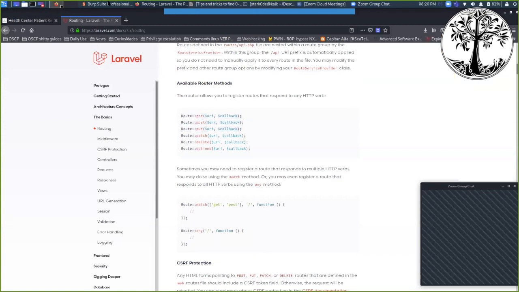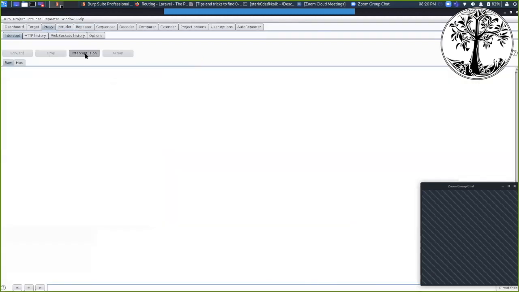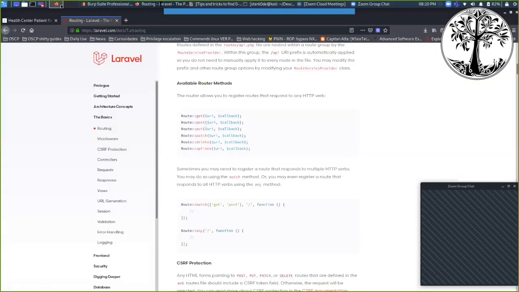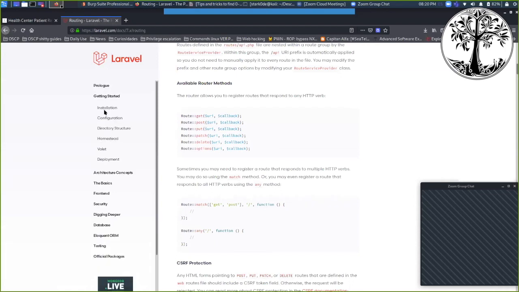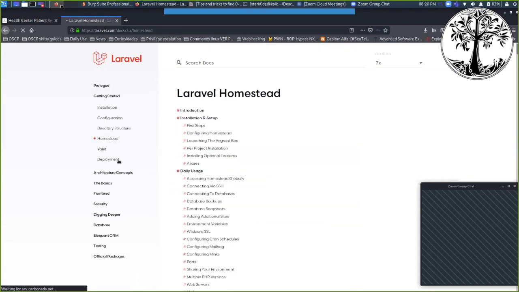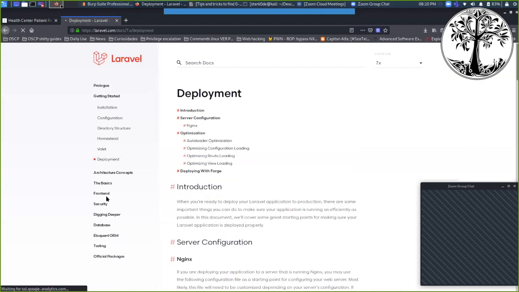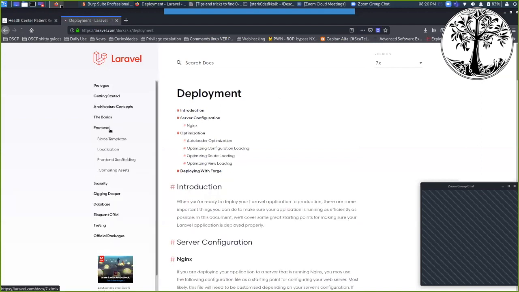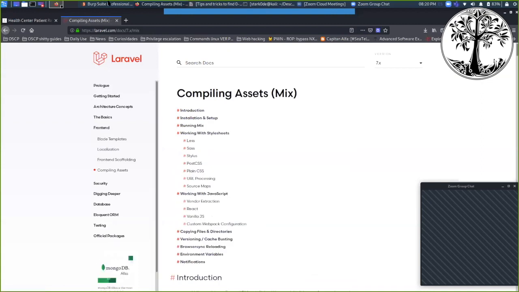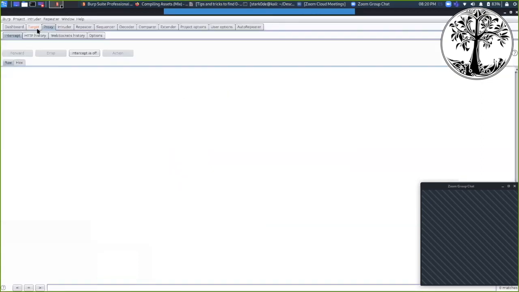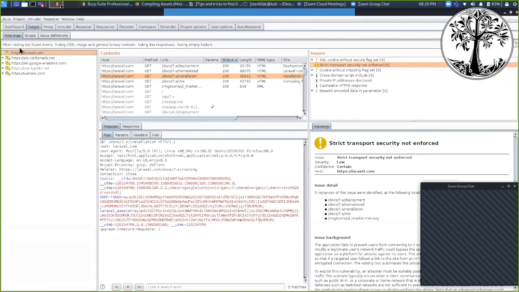Well, let's first turn intercept off because I need to generate some requests, just like I told you before. All right. So what can we do with this? We can just go here. And for example,